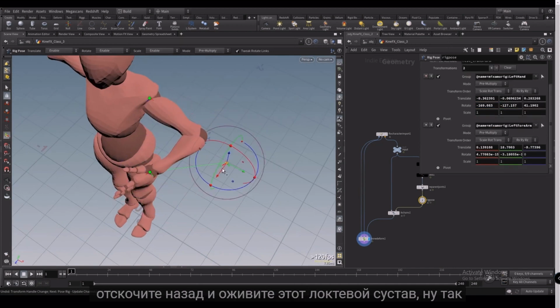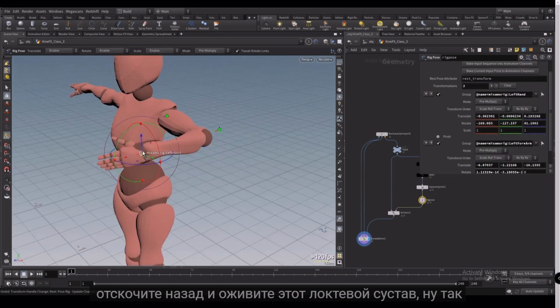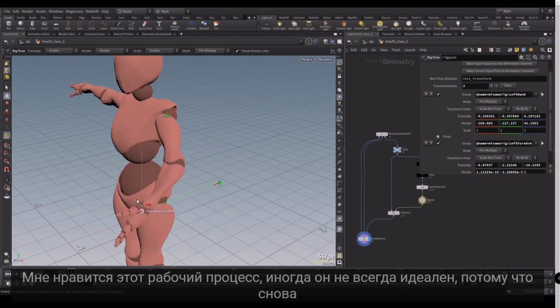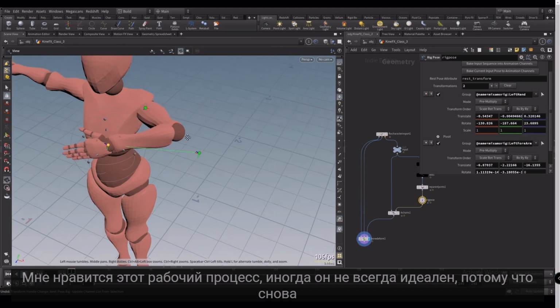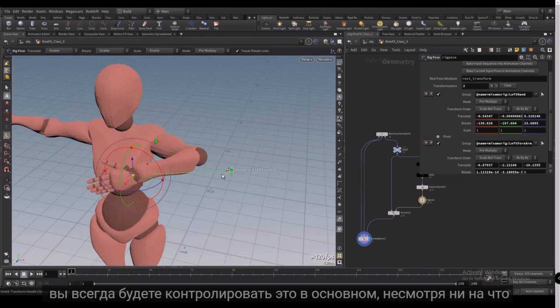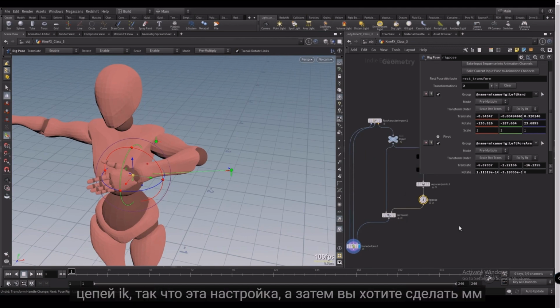And we can still jump back and animate this elbow joint itself. So I like this workflow sometimes. It's not always ideal because, again, you're always going to be controlling this basically no matter what. But yeah, that's essentially the gist of